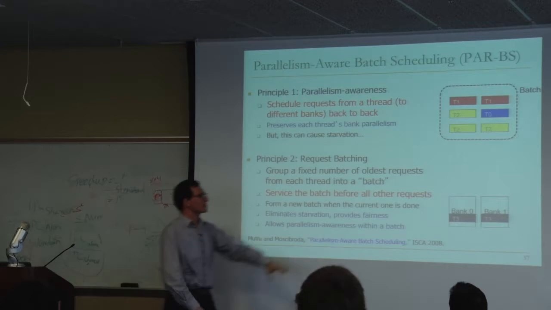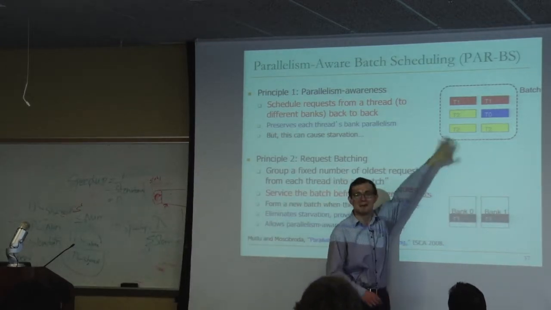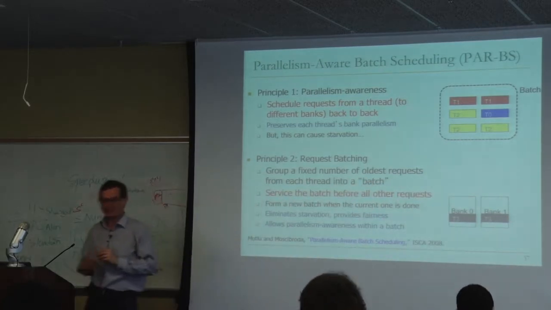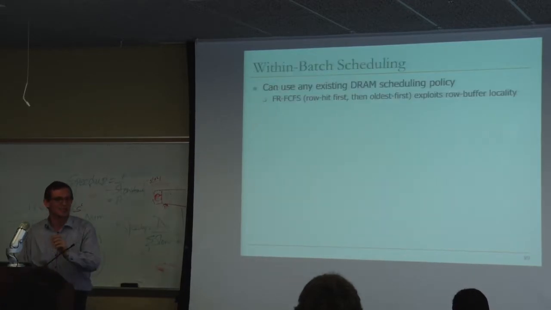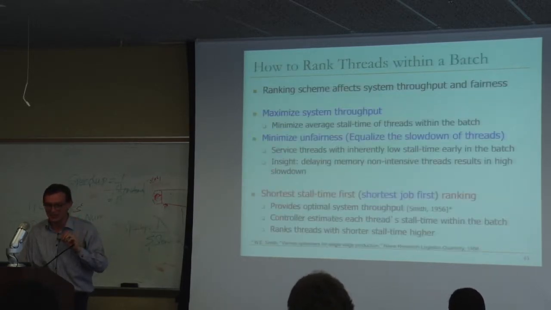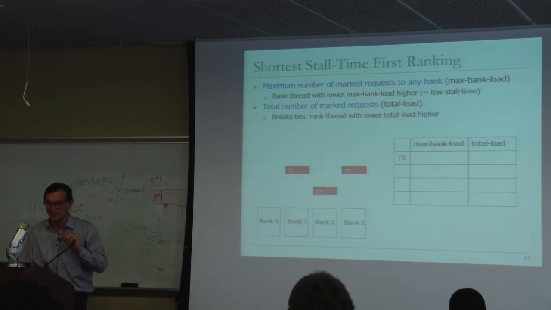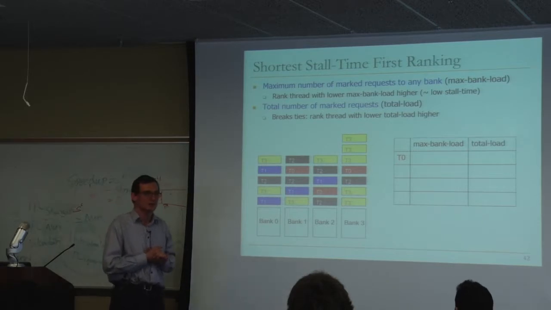The reason this works is bank latencies are much longer, so requests get queued up and you can form these batches. Does that make sense? And we went into more detail. If you want more detail, these were the key concepts. The more detail is an implementation of it. How do you actually implement this? We've given you this example of how to really rank the threads and how to do the batching.